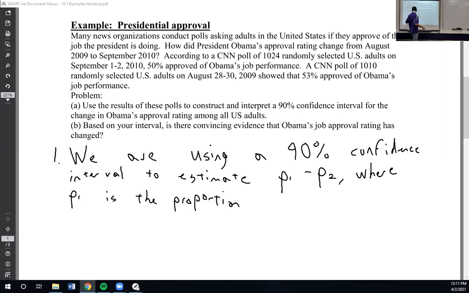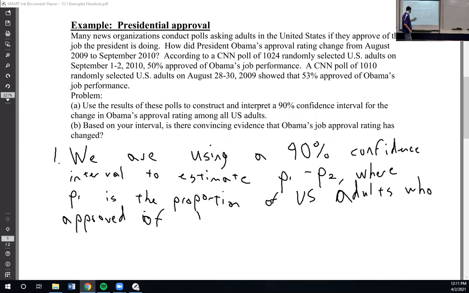Where P1 is the proportion of US adults who approved of Obama's job performance in September 2010